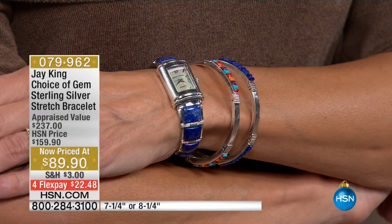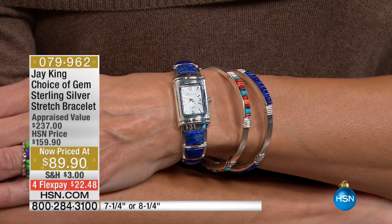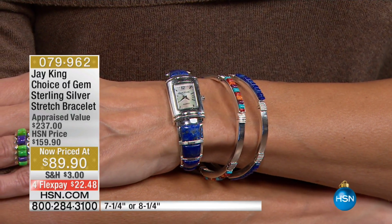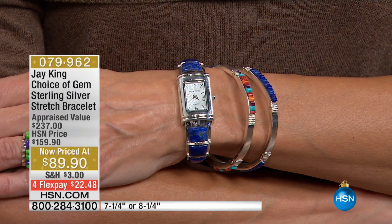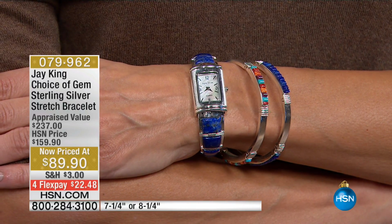Seriously, 4 monthly payments of $22.48. Don't wait. Oh, you have to see this, guys. You have got to know that the watch is coming up. And the reason why we're showing you this is because it's sort of building. This is a beautifully written show, Jay. Everything's sort of mixing and matching together so nicely. Next up is